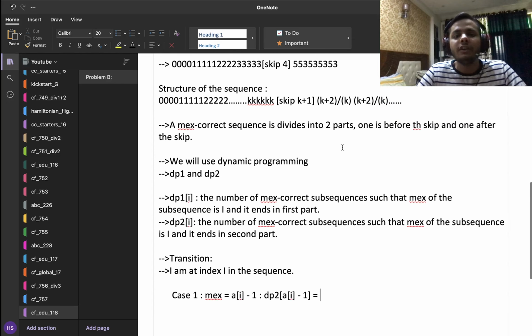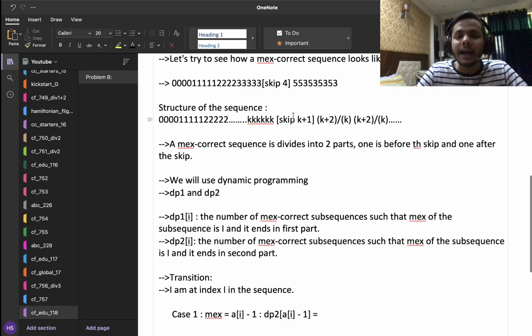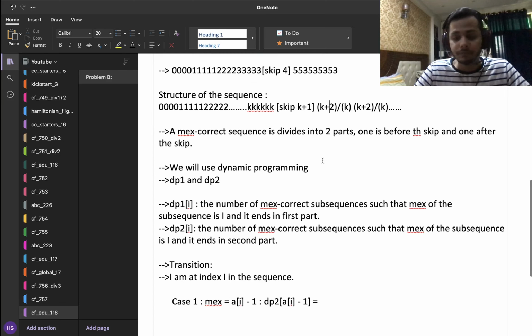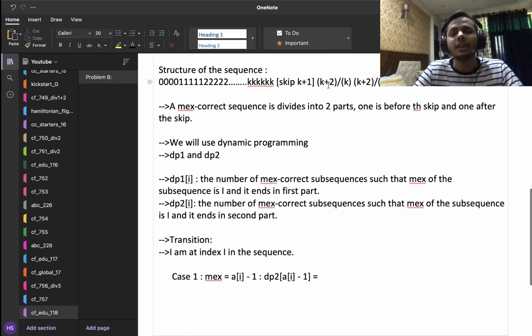So dp2 of a of I minus 1. So if I'm putting a k plus 2, then I know that my max is k plus 1 since I have skipped k plus 1. And that means if I take a of I as k plus 2, then my max is going to be a of I minus 1. And that can happen either if I have already transitioned or I am transitioning in the beginning. What I'm trying to say is that I have not yet transitioned and then I put a k plus 2 here.